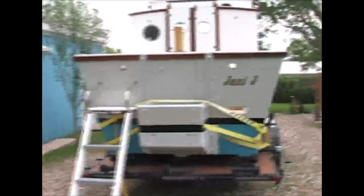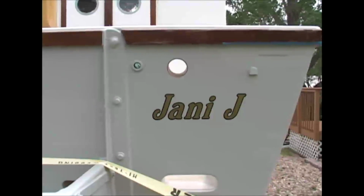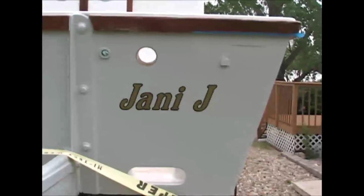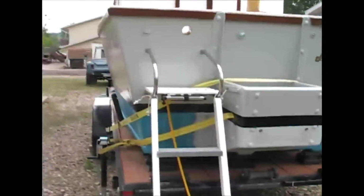And there's been some changes to the back. She now has a name. This was a graphics decal thing. It's a sticker actually, got from West Marine. And I got a cool swim step on it. This is a telescoping swim ladder. It pulls out and drops down for getting on and off the boat when it's in the water. And then I built this boarding ladder to go on board the boat, and I did get all these edges finished, glassed in,